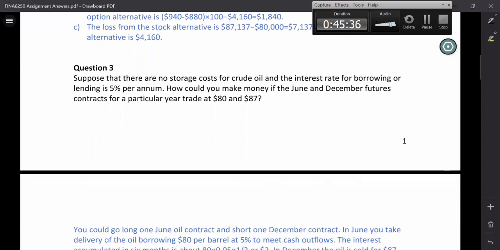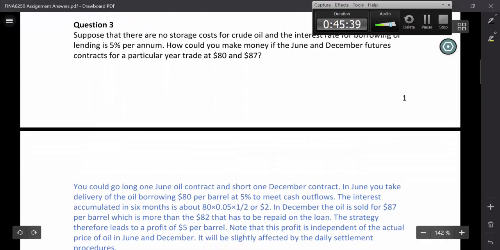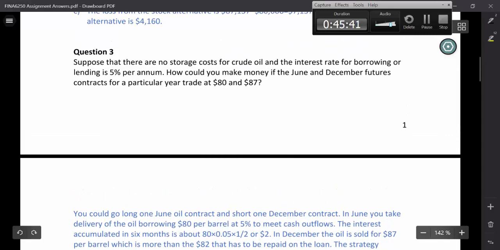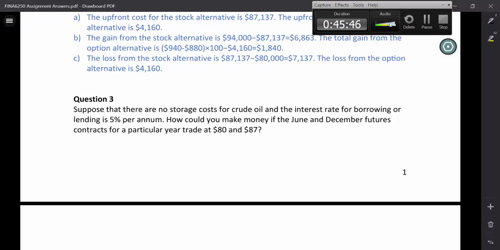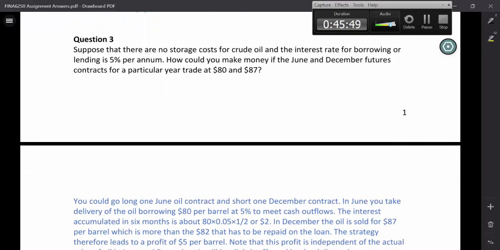Question 3. Now, this is the one that involves storage costs. There are no storage costs. Okay, suppose there are no storage costs for crude oil, and the interest rate is 5%. How can you make money if the June and December futures contract for a particular year trade at 80 and 87? Now, my first reaction looking at this is, since they are 6 months apart,